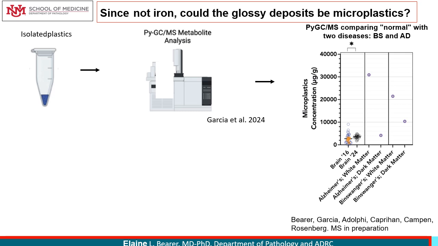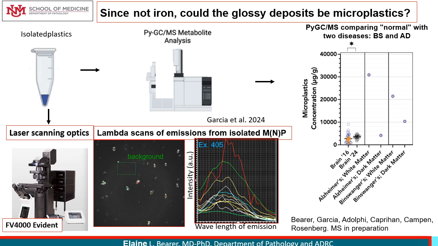I subjected these isolated particles to laser scanning optics using the FV4000 Evident confocal microscope, which has an amazingly sensitive detector. I was able to discover, using lambda scans, that the microplastics had a different spectral profile than human tissue. I then applied